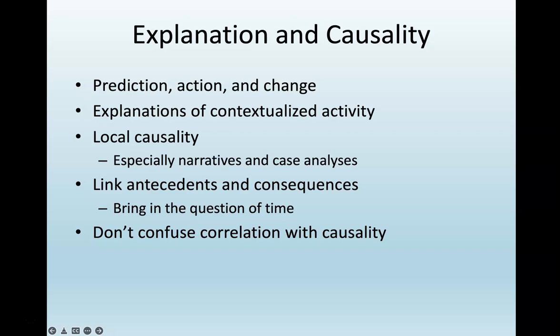Researchers can play with dimensions of time by asking if X happens, then does Y happen. These types of questions. But, and this is very important, correlation is different from causation. Correlation means that the two issues are co-occurring, rather than that one action causes the other action. So if we're doing this sort of explanation and causality analysis with qualitative research, how can we strengthen our claims